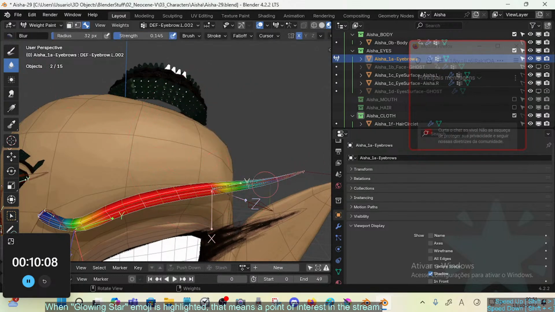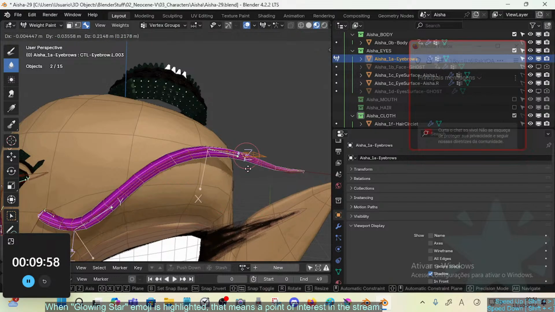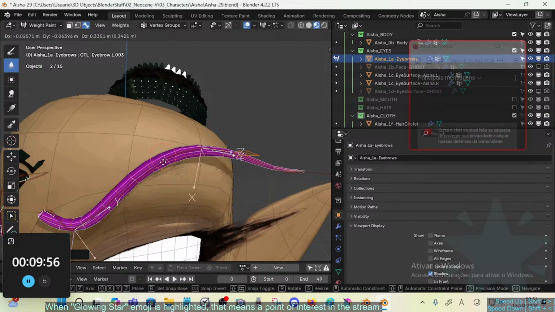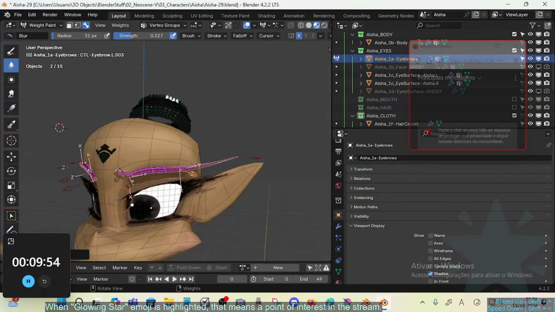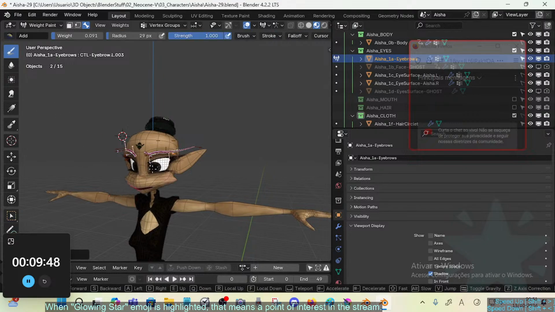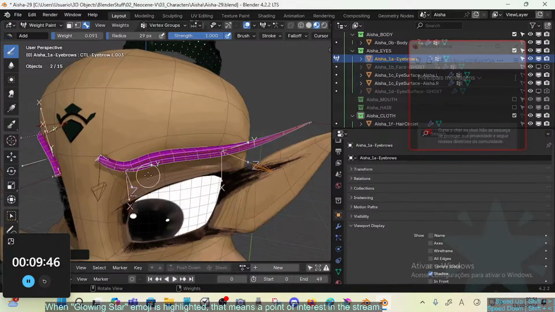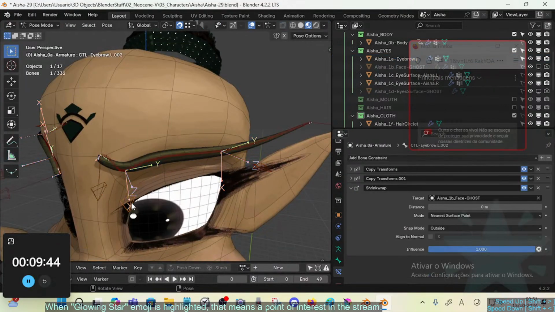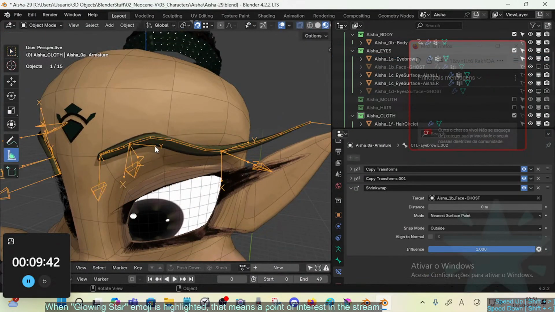Here very low blur, maybe just this. So what this is doing is that now these segments should have much more influence on the middle of the